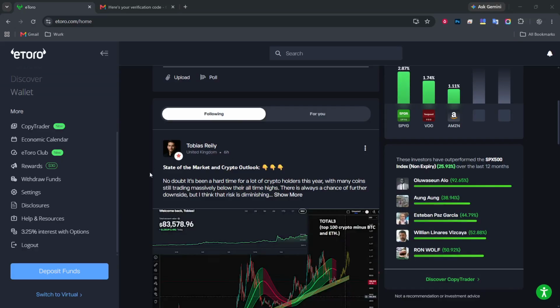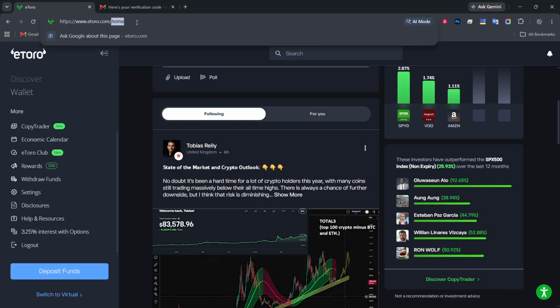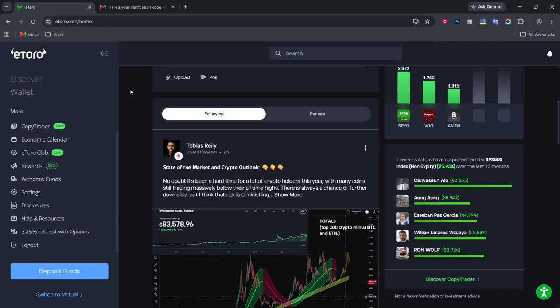First, open the eMoToro app on your mobile device or head over to the eMo website on your computer. Once there, sign into your account with your current credentials. Take a moment to ensure you're entering your username and password correctly. This step is crucial to access your account smoothly.